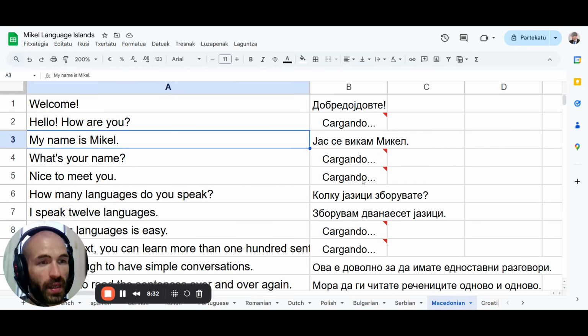And that's basically it. This is the fastest way to go from zero to conversational in any language. Write all the sentences you want to learn and start drilling them. Lots of repetition. Read, listen again and again and again. And once you understand them, also start repeating them aloud. Right? And it's as simple as that.